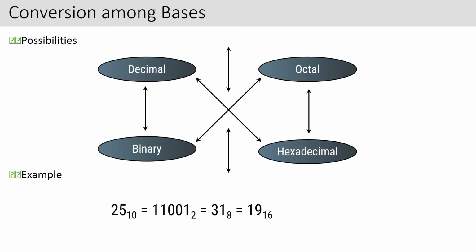But how will you differentiate between a decimal number, octal number, hexadecimal number? What you need to do is this, look for the base. Now when I write 25 to the base 10, it means I am talking about the decimal number system. Which number system are we considering? We are considering the decimal number system. Same way with 31 to the base 8, I am taking 31 as the octal number. 19 to the base 16 means I am talking about the hexadecimal.